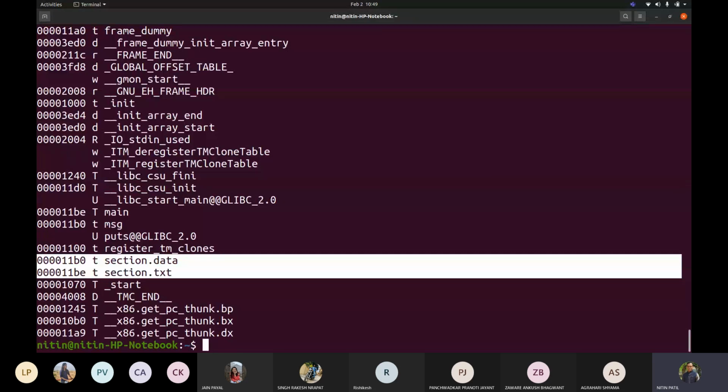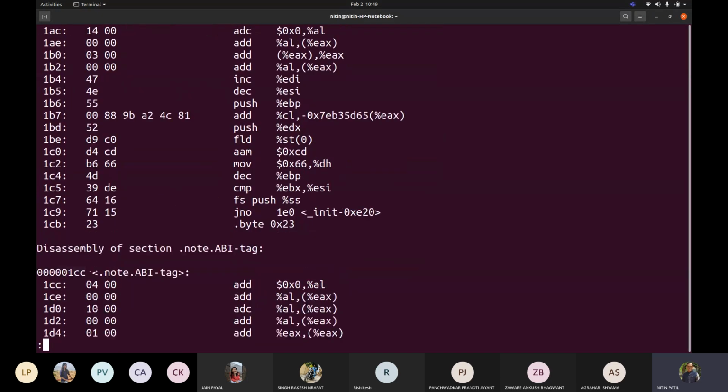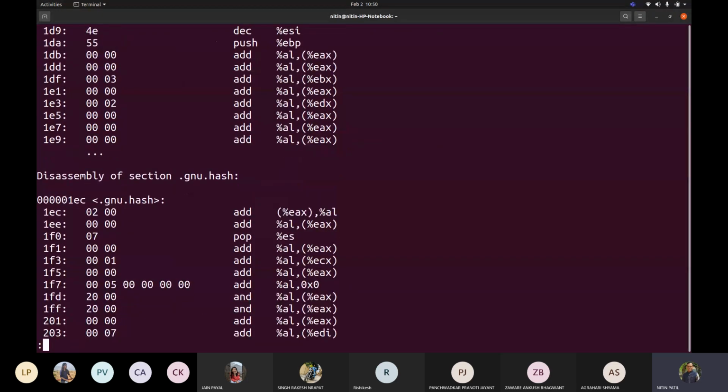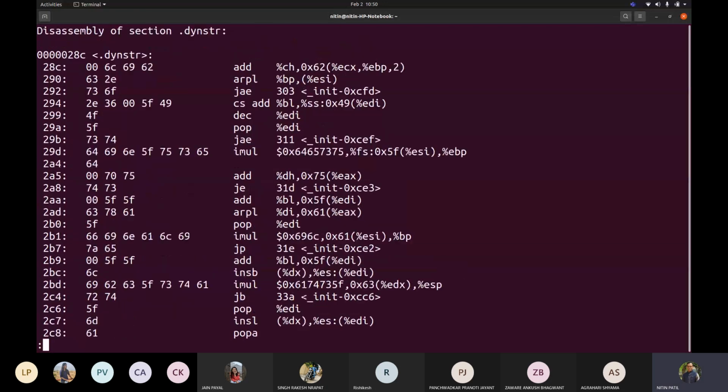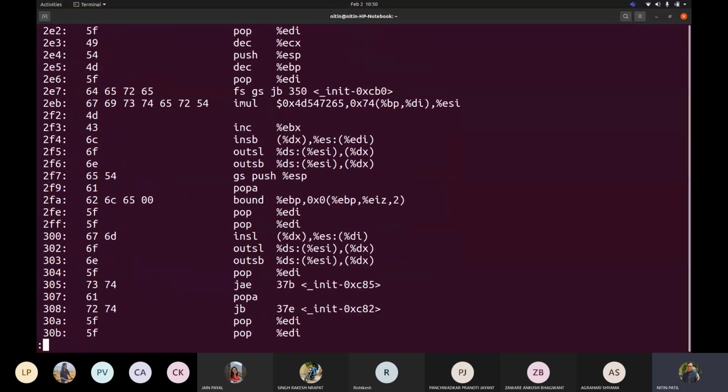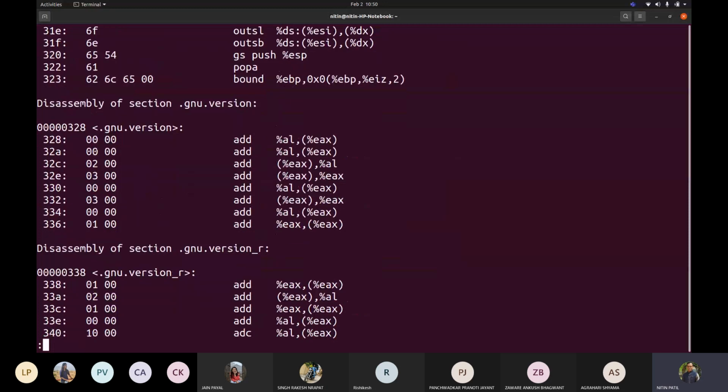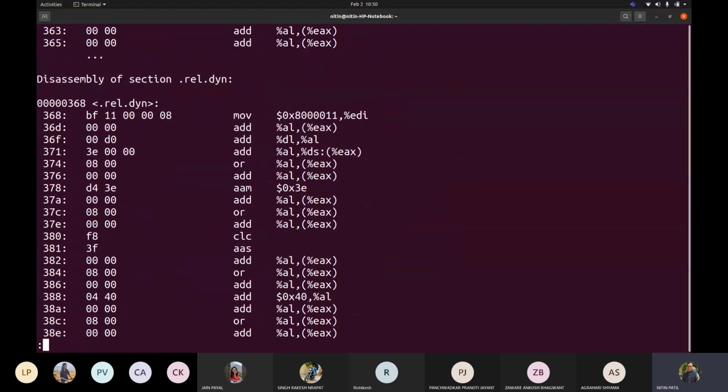Suppose I try to generate now or try to see my dot out pipeless. Now let us go to section dot text. Let us go below.